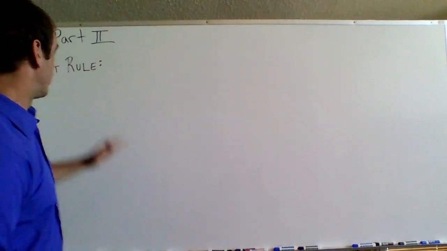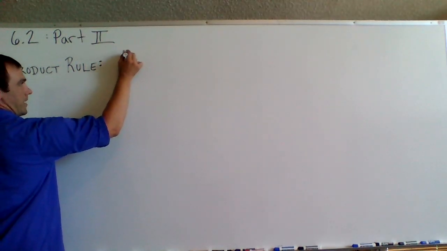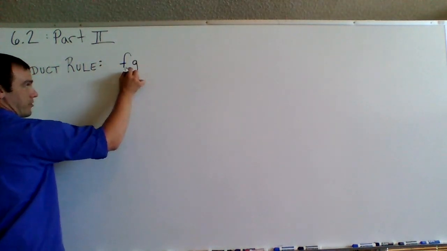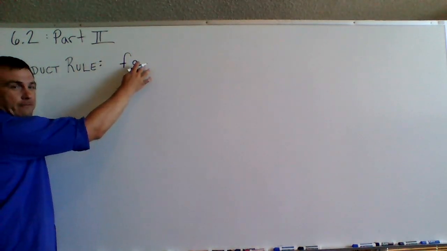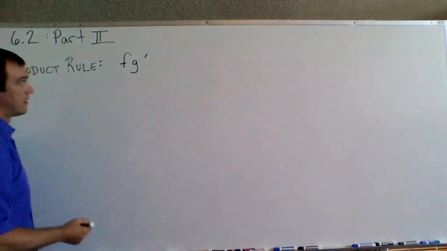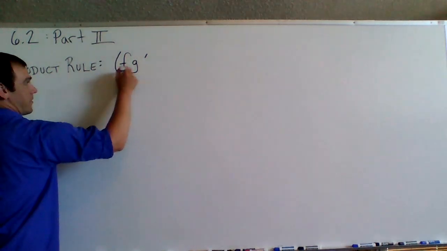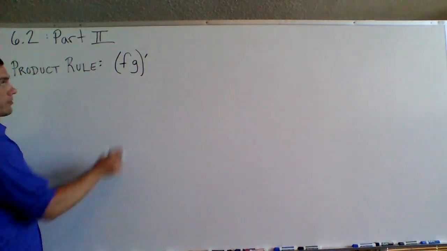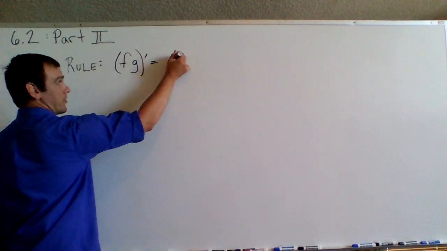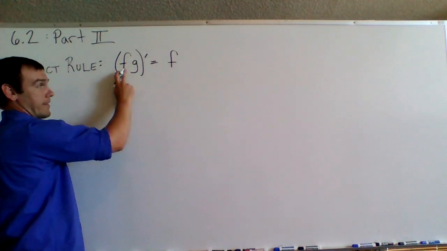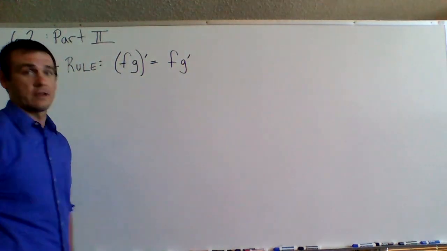So there's gonna be a couple different ways you might see some notation here. This first way, if you have f times g, so function f times function g, and you want to take the derivative of that, we can't just say the derivative there, because that would be like f times g prime. So we're going to put this in parentheses. So it's really f times g, and we want the derivative of that. It's going to be your first, so f times the derivative of the second. So the derivative of g is going to be g prime,